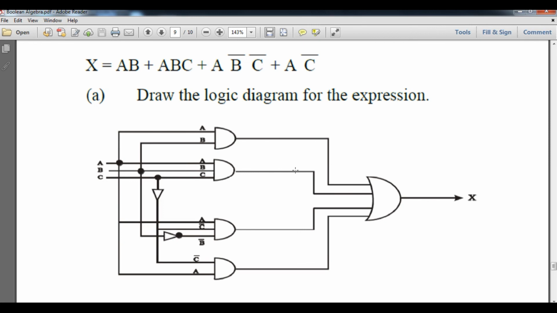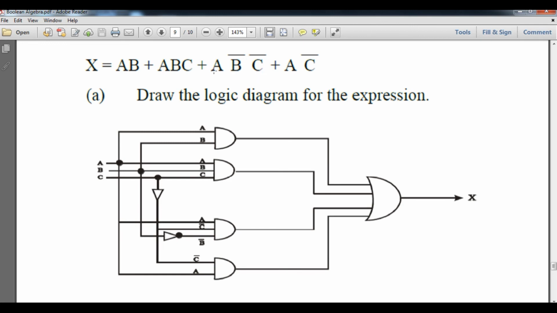So suppose that the question is the same here, with the help of this particular diagram we need to convert this diagram to a Boolean expression. So first of all we'll solve the first gate A dot B, it means we will write A dot B here. Then the second one, ABC, so simply we'll type ABC without any symbol here, because the symbol comes from the last gate, and again space, then A, C bar and B bar. So here A, that is B bar and C bar.